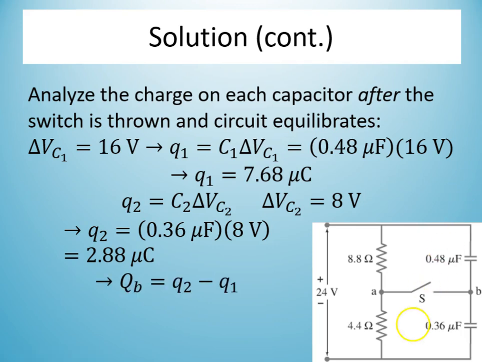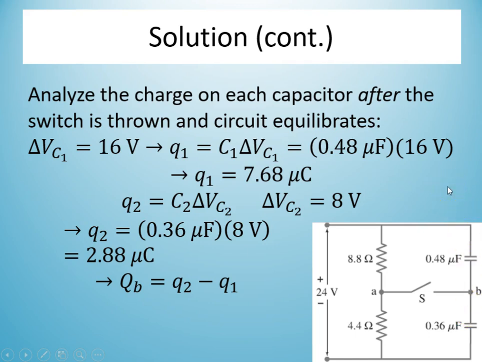That means that there is now a net charge on this wire because, let's see, we have positive 7.68 microcoulombs on this top plate right here. We have negative 7.68 microcoulombs on this bottom plate right here. Well, we also have positive 2.88 microcoulombs on this top plate right here and negative 2.88 microcoulombs on this bottom plate right here. Overall, with negative 7.68 microcoulombs right there and positive 2.88 microcoulombs right there, this wire, which contains point B now, has a negative